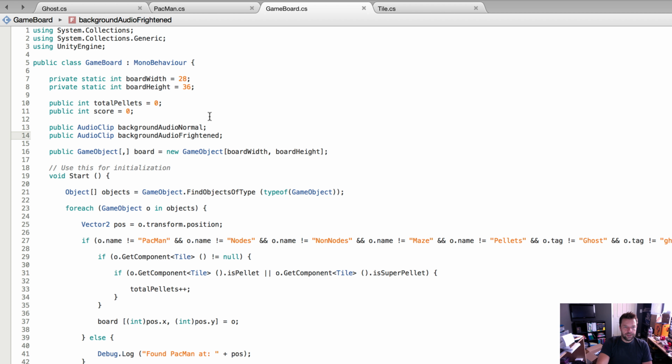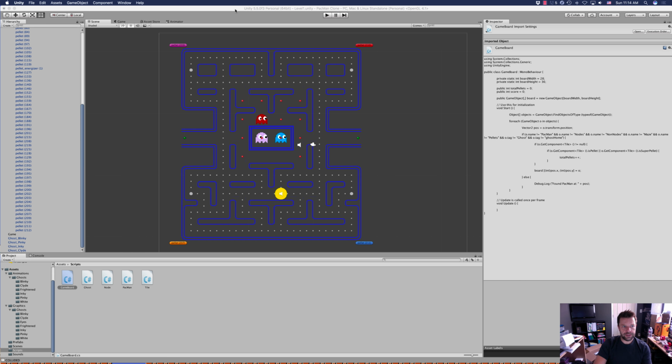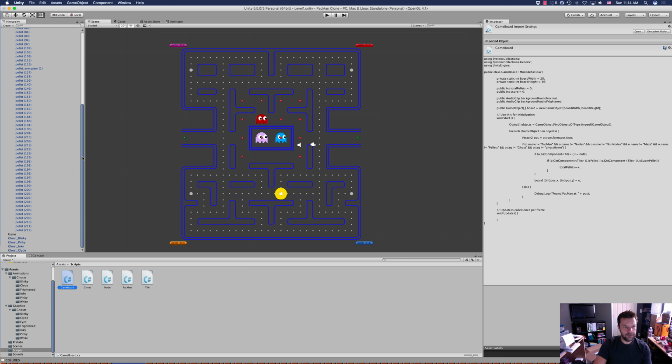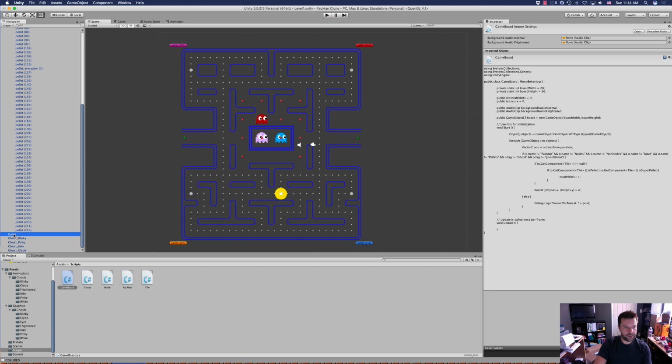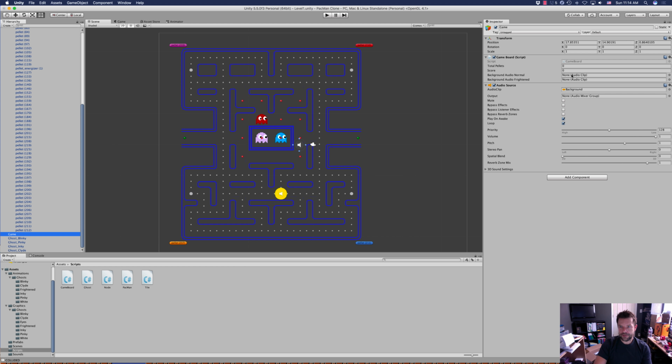Okay, so now that we've got these 2 properties assigned, we can save that, and we can go back to Unity, and right here at the bottom, select game, and you'll see we've got these 2 audio clips present, these properties that we can assign audio clips to. So we're going to go over to where our assets are, go to our sounds folder, we're going to drag the background sound onto background audio normal, and we're going to drag background frightened onto background audio frightened. Okay, so now that alone isn't really going to do anything. We need to actually